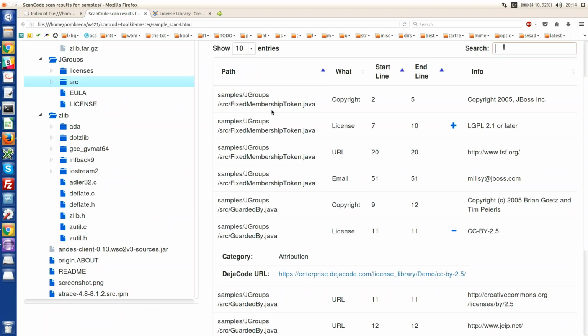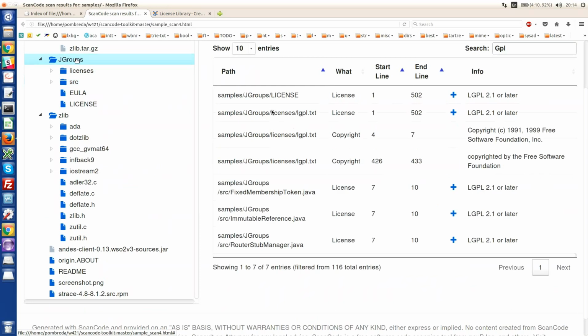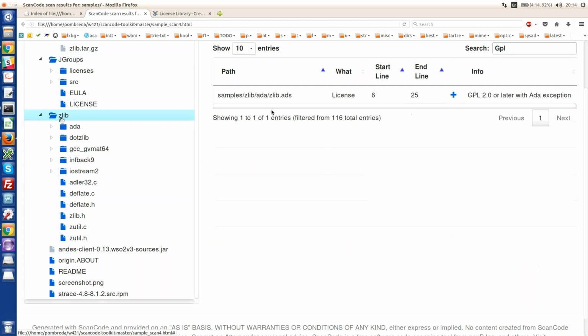For instance, is there any GPL somewhere here? Well, there is. There are 3 files which are LGPL licensed. And overall, I can see the license is also LGPL. So it's a very strong clue that this directory as a whole is under the LGPL. If I look at the zlib directory on the left,